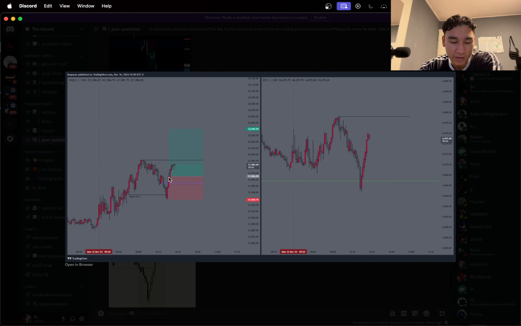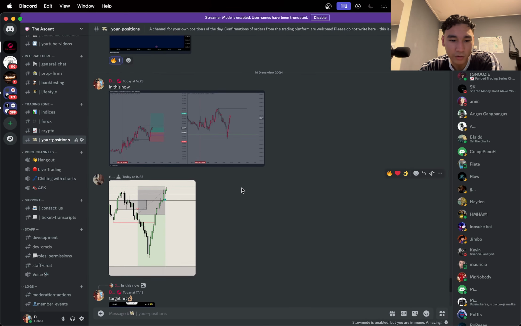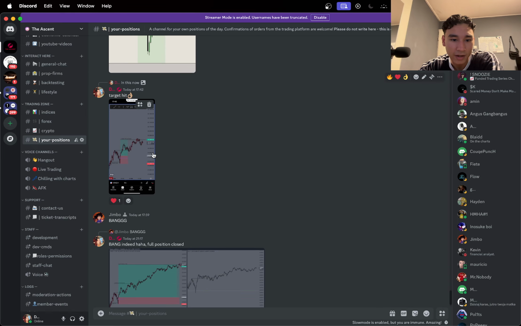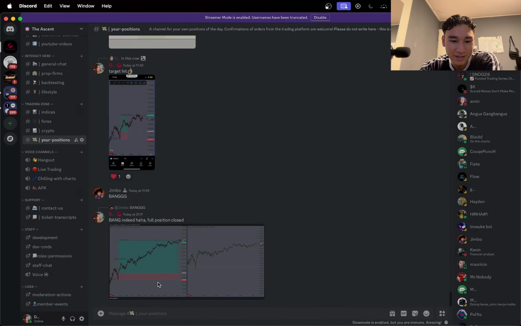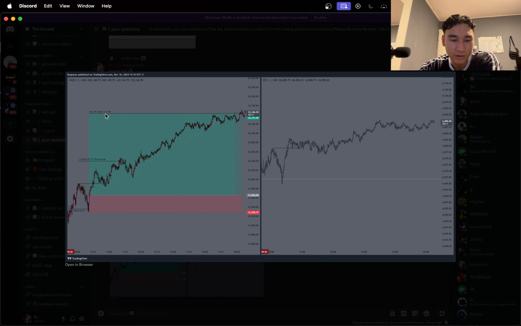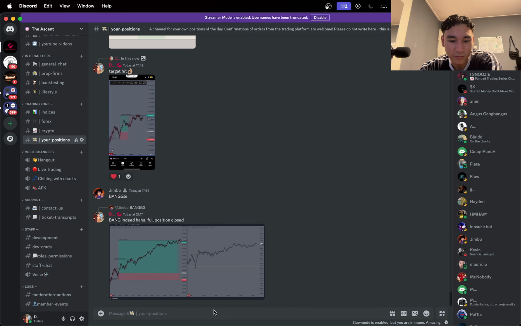But yeah, I entered in this, I'm in here, and then this is where I would be break even. Here, same thing. You can see the entry bar was shown on TopstepX. And then that first target was hit, the 1 to 2, 75% off there. And then bang, full position closed at 1508 for 4.77 RR. Really nice trade.